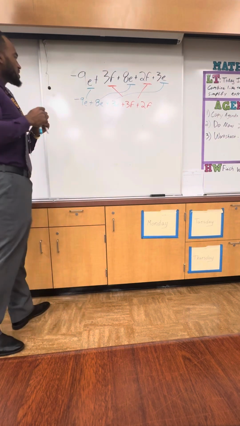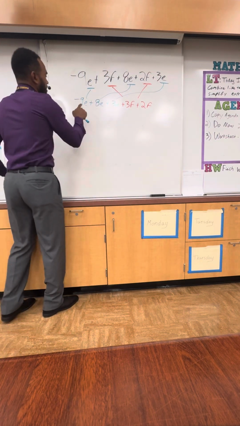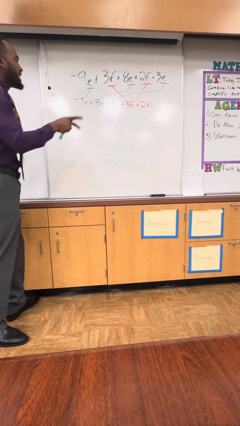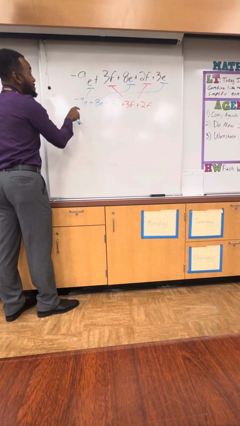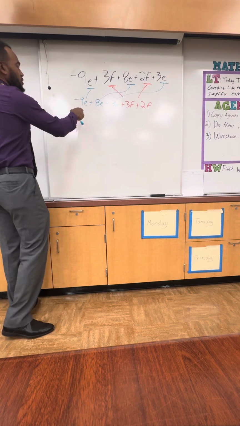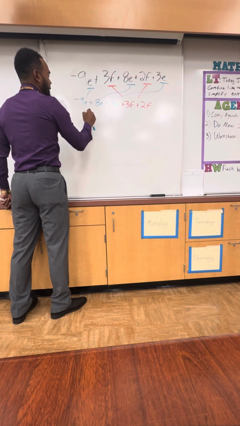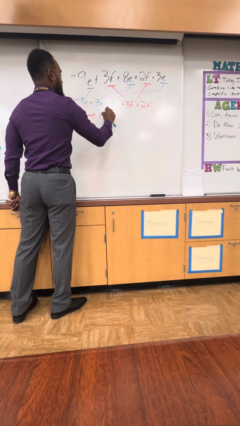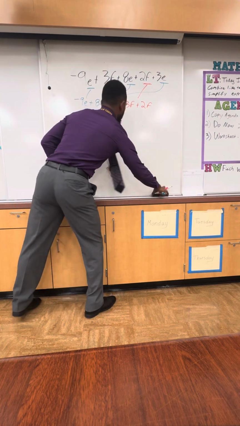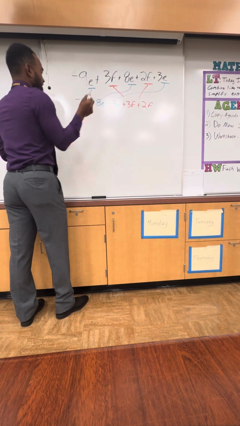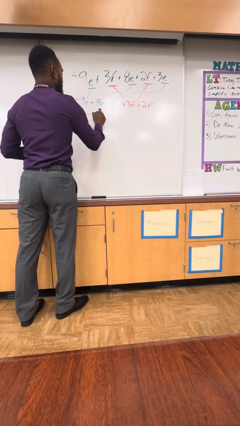Okay, so combining like terms. You have a negative, you have a positive. Whenever we have a negative and a positive, they cancel each other out. So if we have 9 bad guys in the room and 8 superheroes walk in, there's going to be 1 extra bad guy left. So that leaves us with a negative E plus another, let me keep my colors consistent, sorry. We have a negative E plus